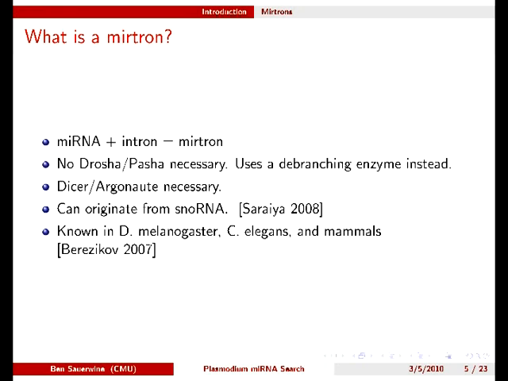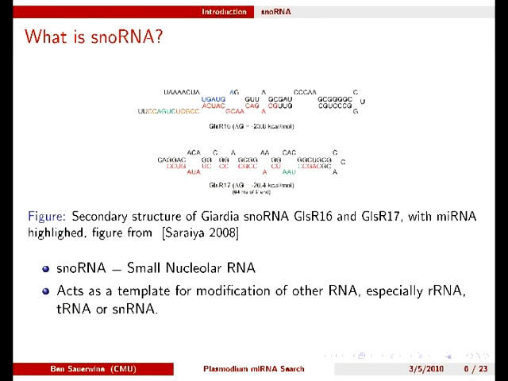However, so far this has not bypassed the need for Dicer or Argonaute, but can help us overcome the apparent absence of Drosha in Plasmodium. While not strictly necessary, snoRNAs can indeed originate from introns and thus possibly exploit this pathway. A side note, mertrons have been found in fruit flies, a little worm named C. elegans, and humans.